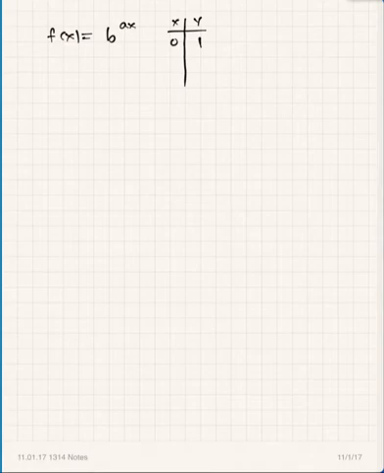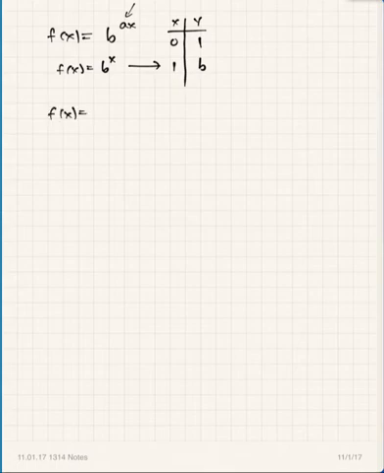And if that a value is 1, if you were just talking about f of x equals b to the x, then when x is 1, the y value is always going to be b. So in particular, if that constant in front of the x is just a 1, then this kind of function is always going to go through 1, b. So if you know that, you get a good idea of how this is going to work pretty quickly,